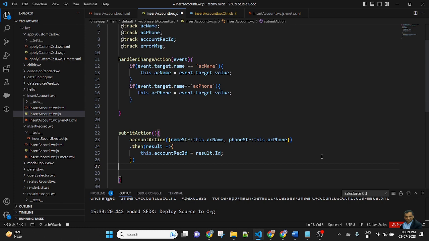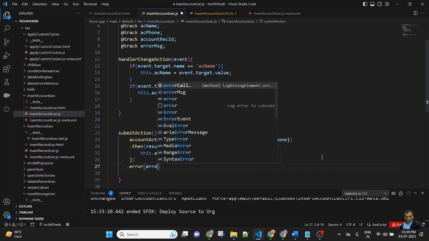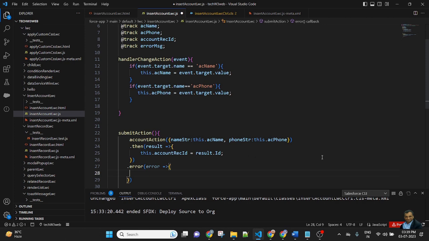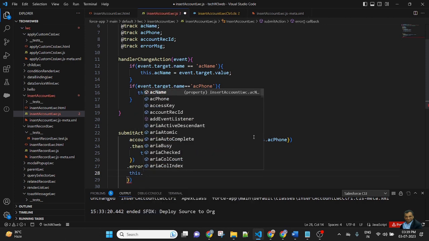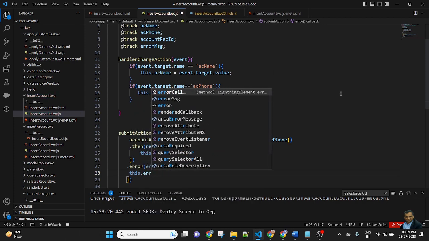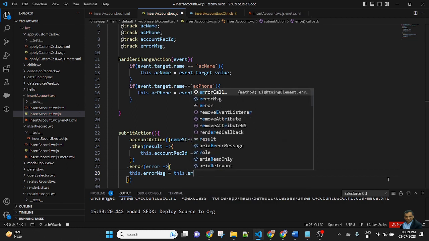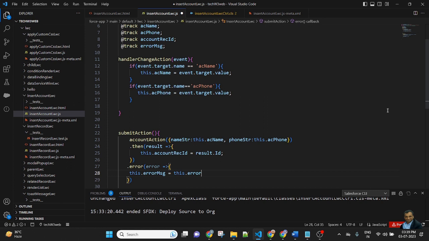So here dot error, this dot error message equal to this dot error message is not error.